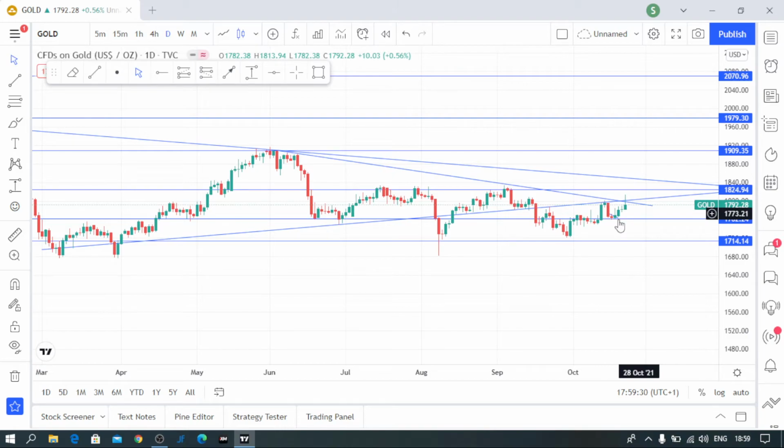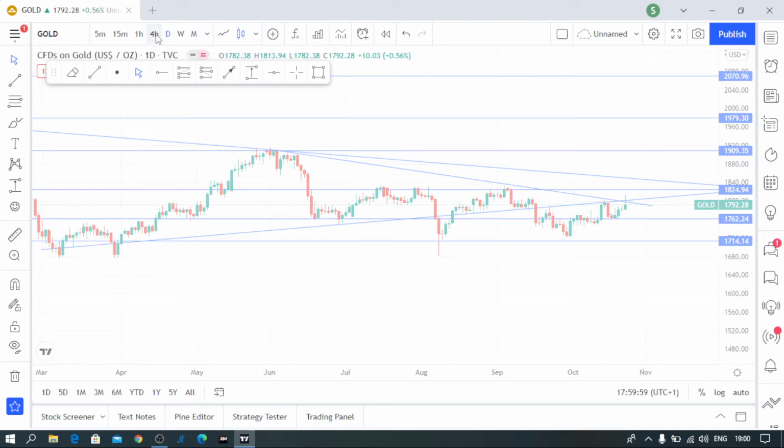But if it breaks this level, trading below the 1760, then the market might go all the way to the 1714 here, 1710 around here. That's where the market will be targeting. But then for now, if we go from the weekly to the 4-hour time frame, to see what really happened last week,